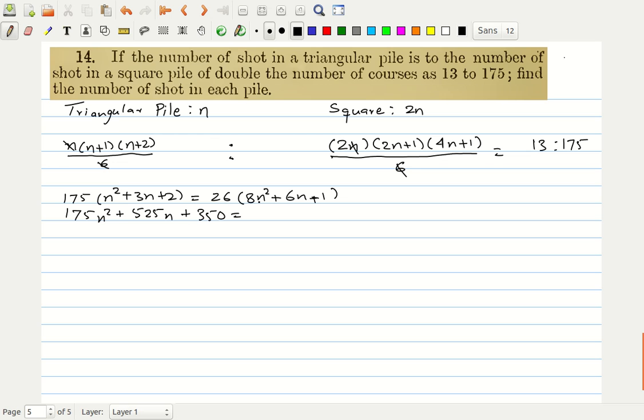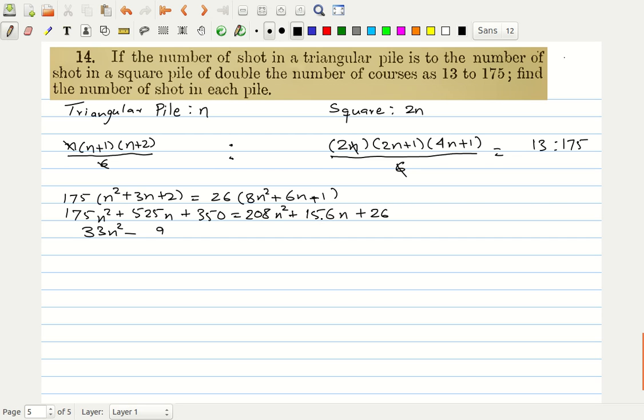This is equal to 26 times 208 n square plus 156 n plus 26, and 208 minus 175 is equal to 33. So this is 33 n square minus 525 and 156. So it is 50 minus 6 is 9,